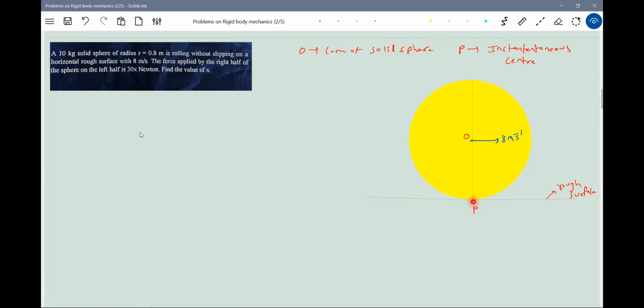That will be the Z axis, which we can write here. Let's take the reference of that also. This is the X axis, this is the Y axis, so the point P is the origin also. The instant center is P, and the Z axis will become the instantaneous axis of rotation.